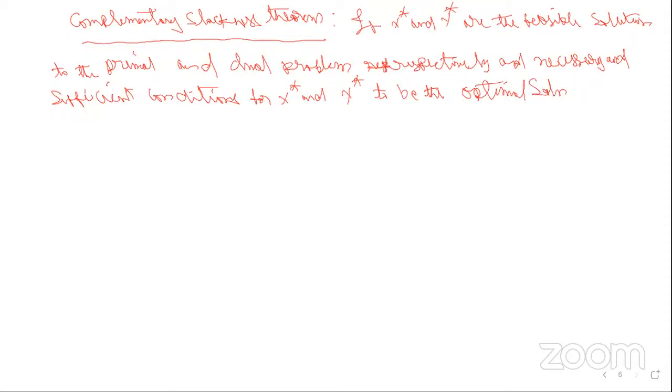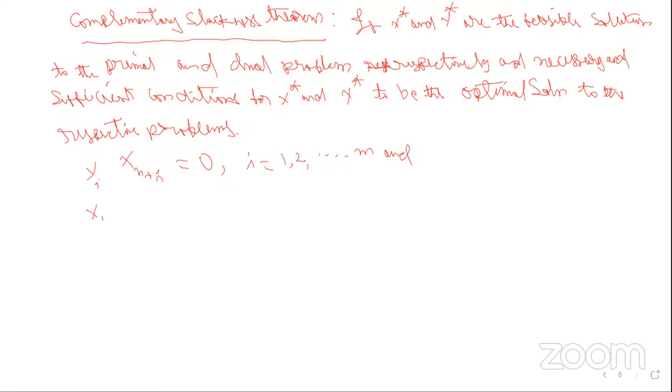to the respective problems. So yi x n plus i equal to 0, i equal to 1 to m, and x j y m plus j equal to 0, where j equal to 1 to m,